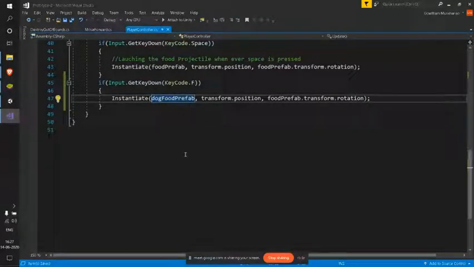It creates a copy of this dog food prefab whenever the player presses the F key, and then they'll place this copy, the clone which got created just now, in the position of our player, which we are referring by transform dot position. And this also I need to change. We are rotating it in such a way that this will have the same rotation of our previous prefab, like the dog food prefab.